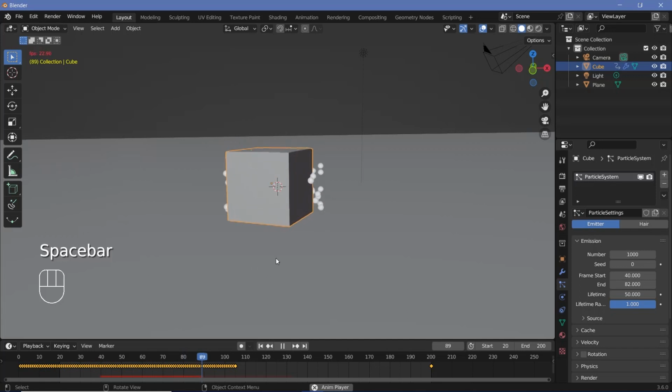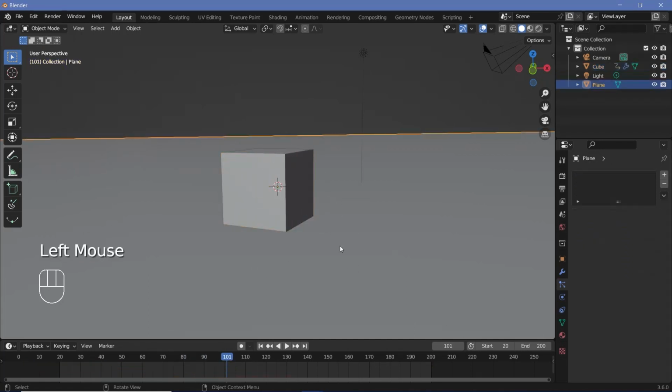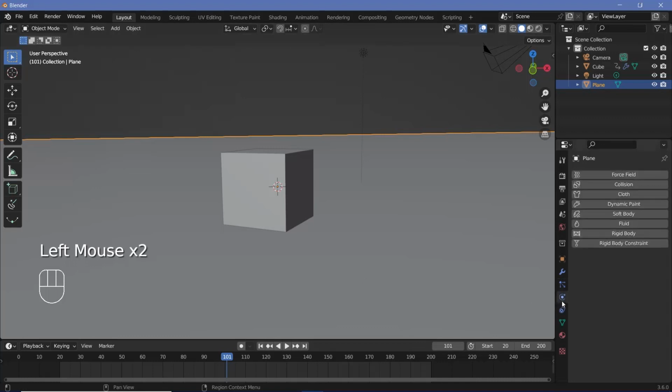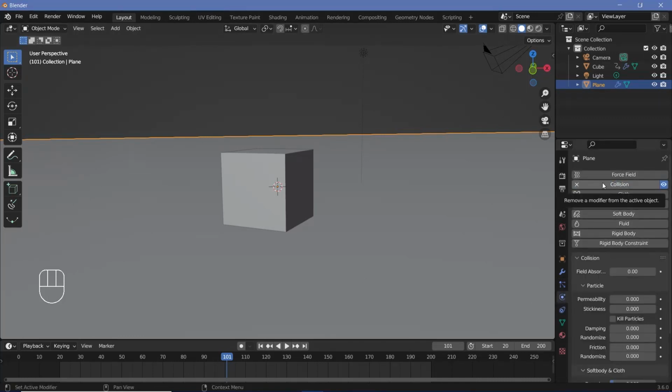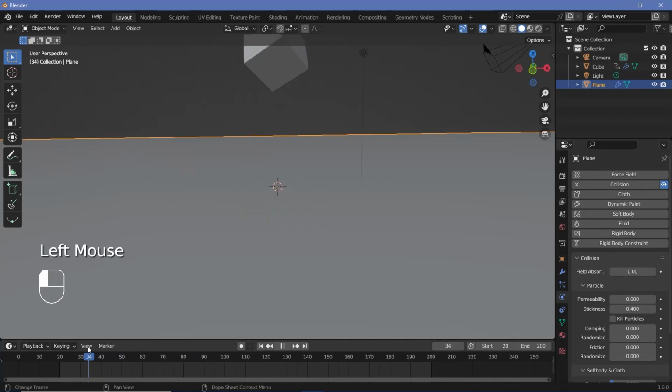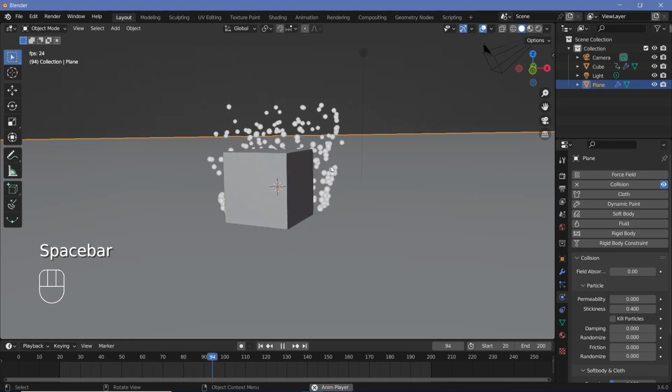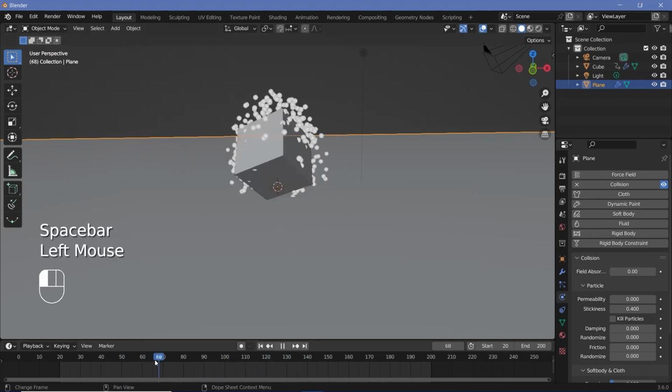And you see all these particles just fall straight through the floor. We don't want them to fall straight through the floor. So we select our ground plane, go back to the physics properties, and this time add in a collision modifier. And now we go ahead and increase the stickiness to something like 0.4 and then go ahead and play the animation again. So we see that now the particles are actually bouncing off the plane and that looks pretty good,